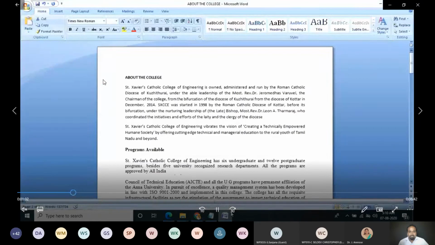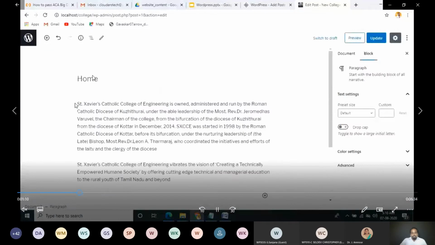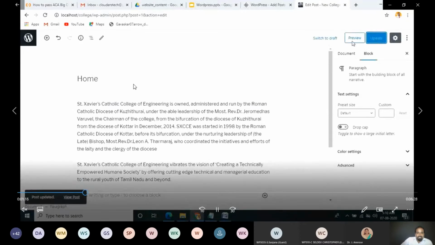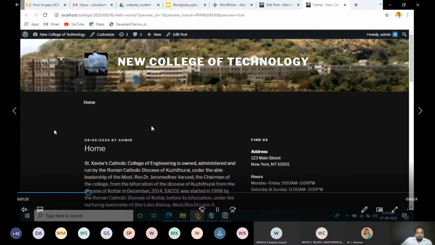Now connect the color, just copy and paste the color. It's very simple. If you did not want to type the coding, did not want to know about HTML, you see the first page is created. And you can preview that page. So before publishing, you can preview that page.